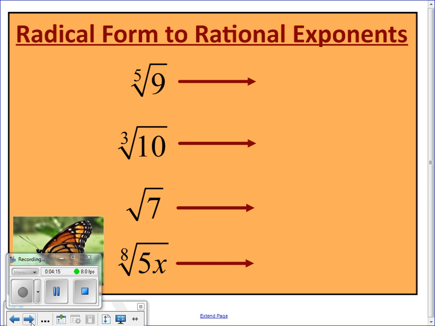All right, so here we go, guys. We are switching from radical form to rational exponents, to exponential form. So if I look at this, it would be 9, and I need to write it with an exponent now. Good, it'd be to the 1/5. Because what's the exponent on the 9? There's a 1 there. All right, so the cubed root of 10 can be written as